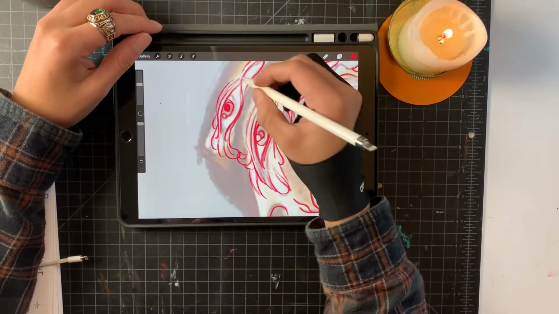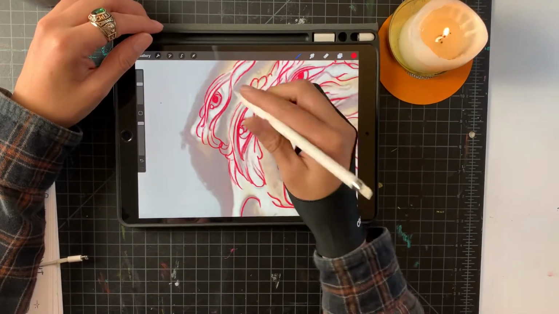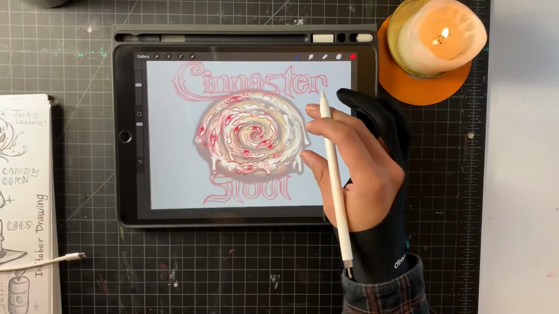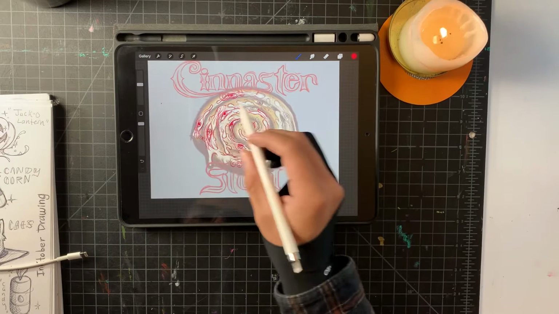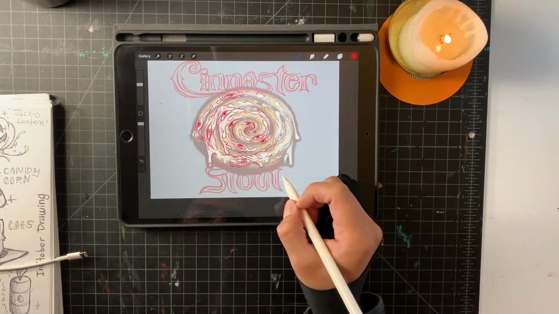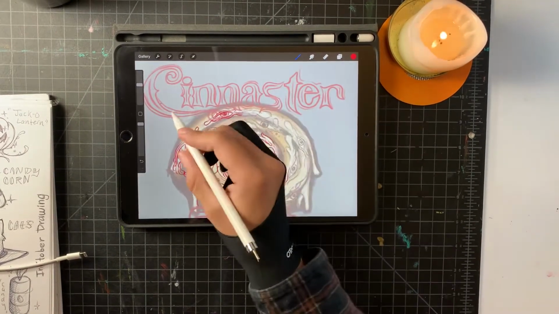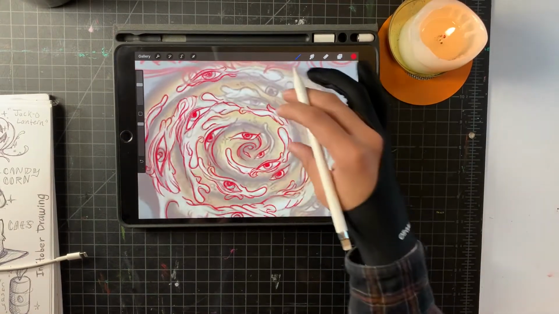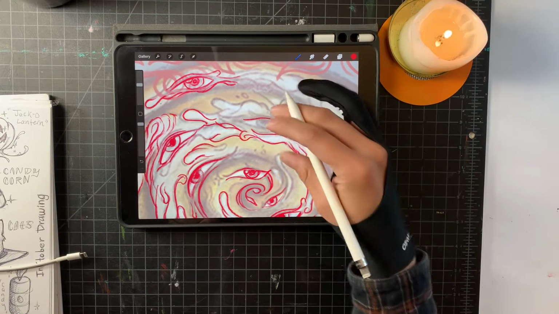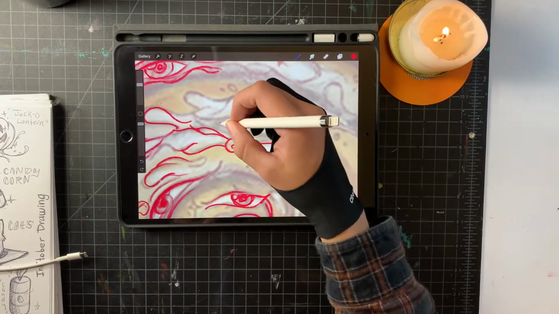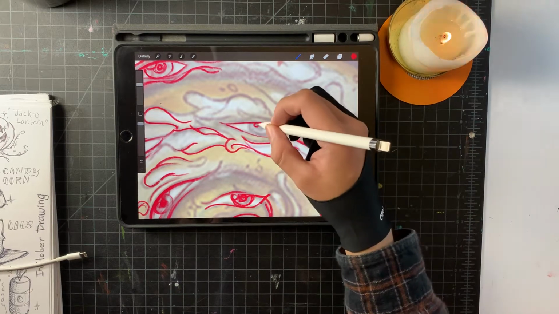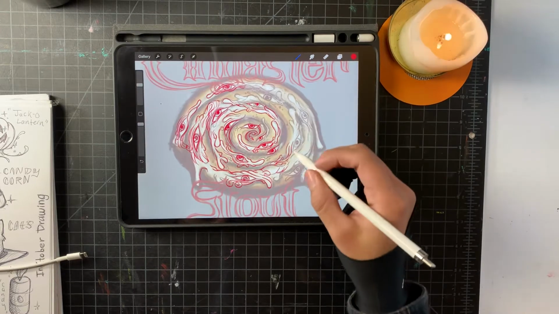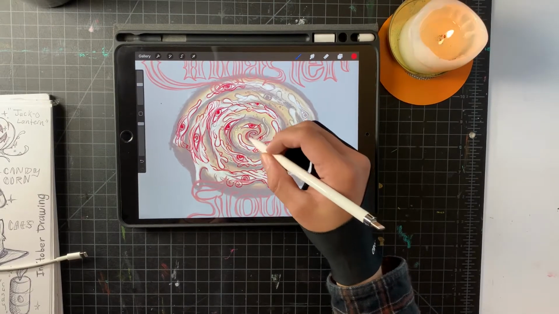How's it going everybody? My name is Ray, and I'm here to help show you what I'm working on today with my artwork. As you can see here, it's going to be a beer label called Sinister Stout, referring to, I guess, the words sinister and cinnamon combined. And the idea for this project is to make a cinnamon roll with somewhat of a sinister look to it. In doing so, the idea is to create a cinnamon roll with a bunch of eyes